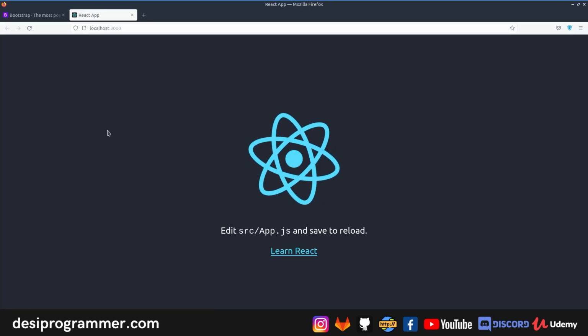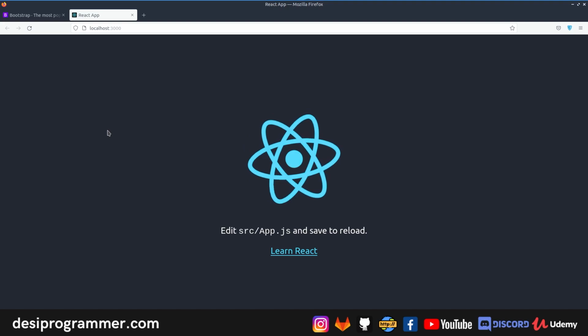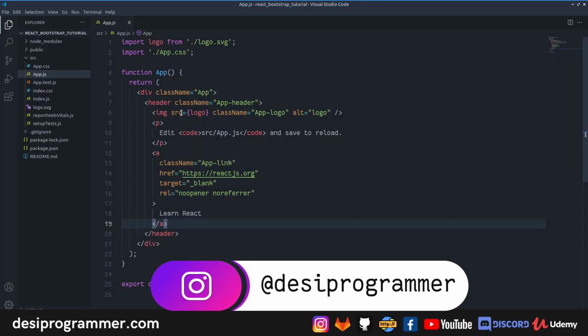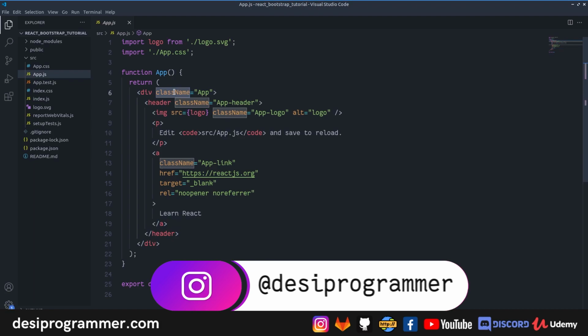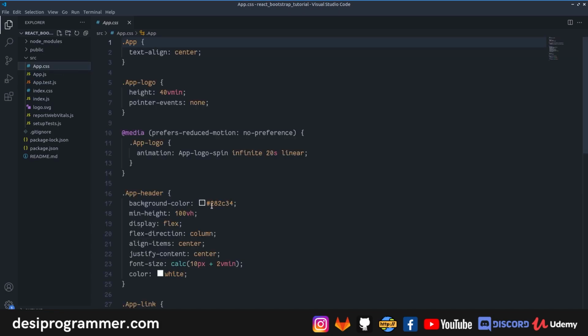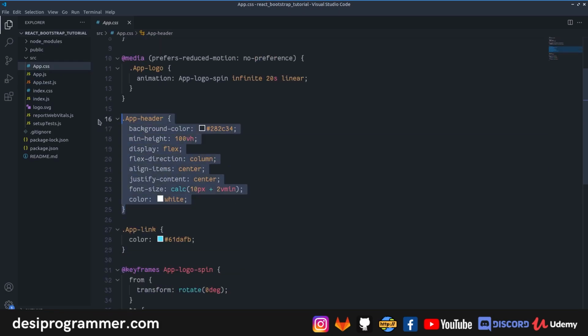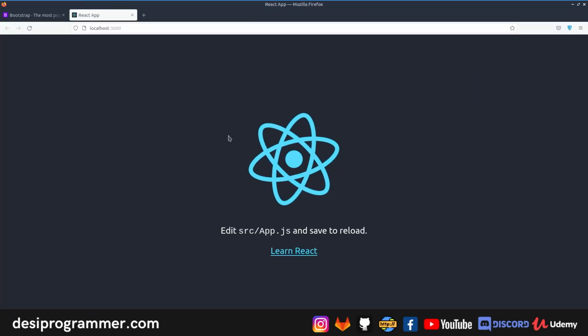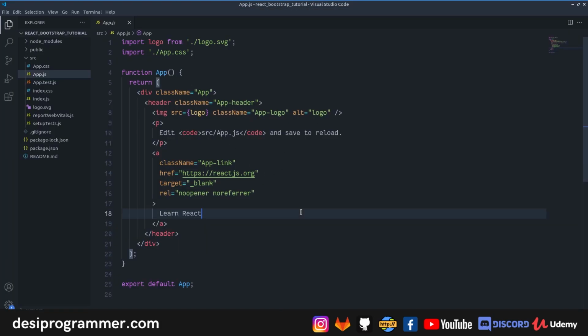Well, as you can see, we have a very basic React application up and running, and in the last video we discussed how you can use things like this className, which is a replacement for basic class in our simple HTML files, and I've already explained the reasons, so let's not go there. The simple thing is that I have already explained how you can use a CSS file, put up your own styling and then simply refer to it as className and use it right here, just as this sample project does, and we are good right there.